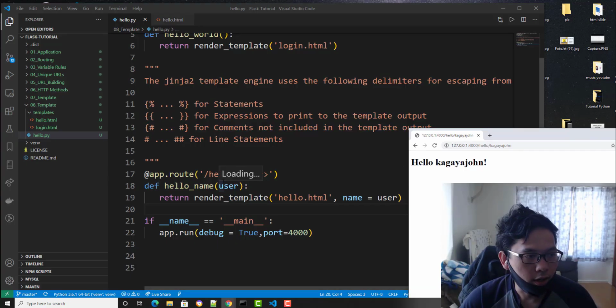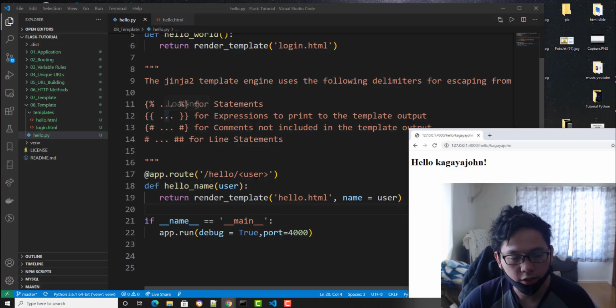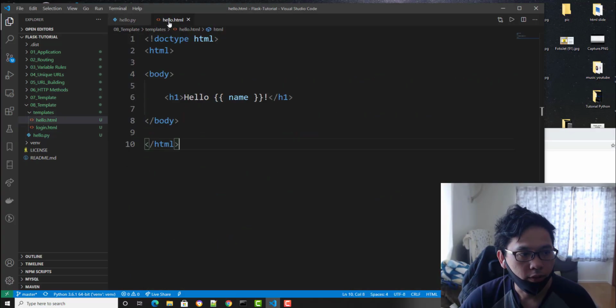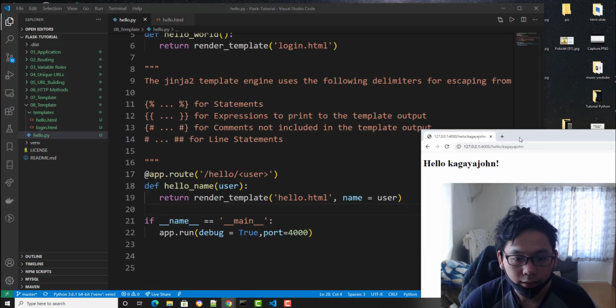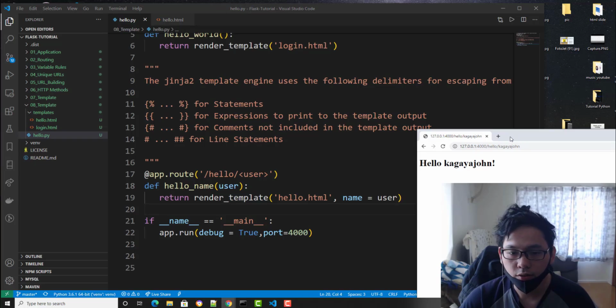This is how you're gonna use the Jinja 2 template. On this part, we already put the expression. On the next video, we're gonna learn about statements, like if else statements on our template file, so you can practice a lot more. And yeah, see you in the next part.